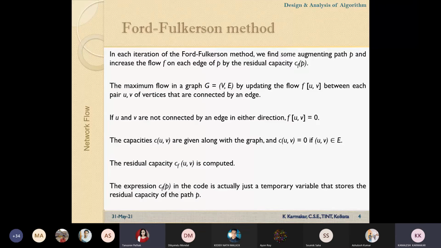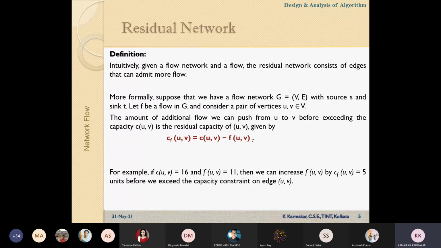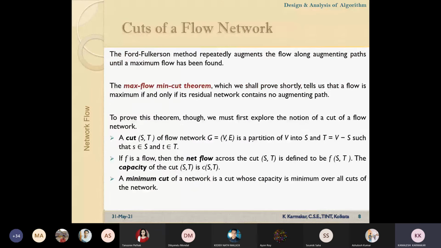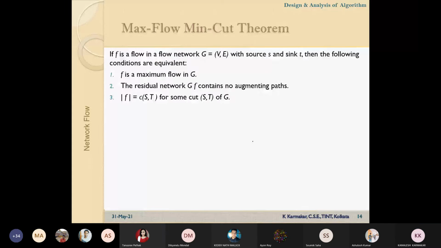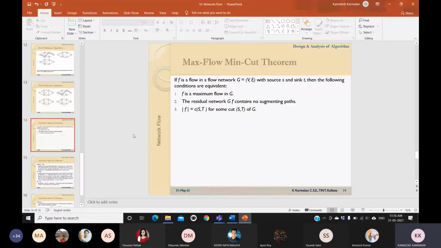Sir, is there any other application of this problem? In electronic circuit design, mostly this algorithm is used. Basically, I can give you some problem statements, but I think it will be difficult at this moment. I am just giving you some examples. There are lots of common examples. Let me show you.